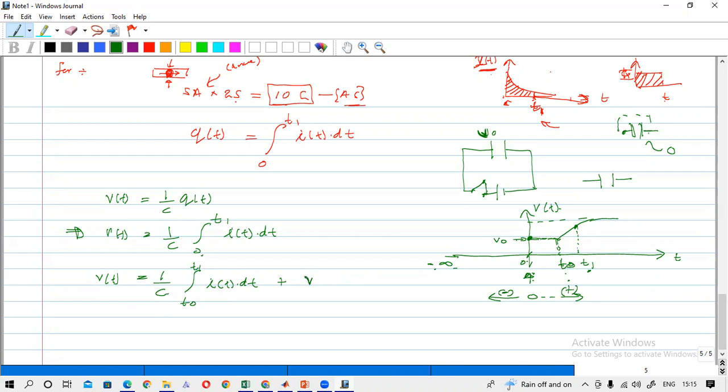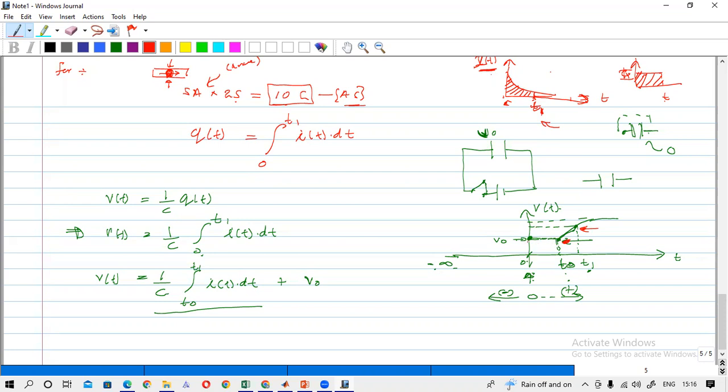Okay, so that is V naught. So V naught plus the voltage up to this. Here, this refers to the voltage increase between these two points, this point and this point. So the voltage increase and the